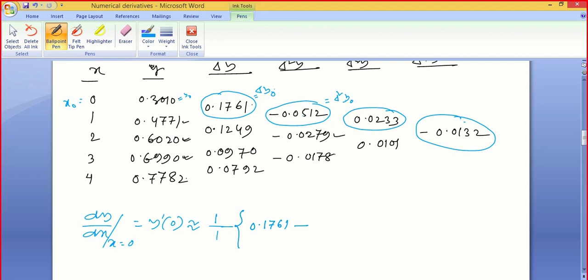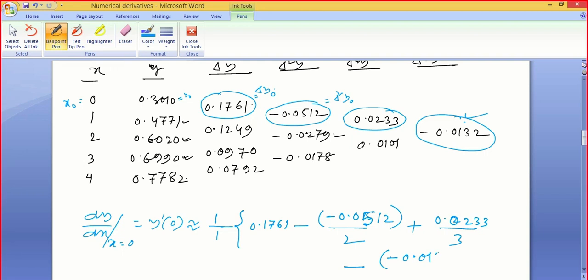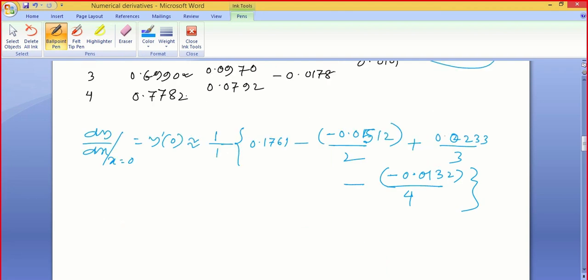Del square y0 is this, so basically minus 0.0152 by 2, plus, alternating series, del cube y0 by 3, 0.20233 by 3, and minus this value by 4, means minus 0.0132 by 4. This is your numerical derivative